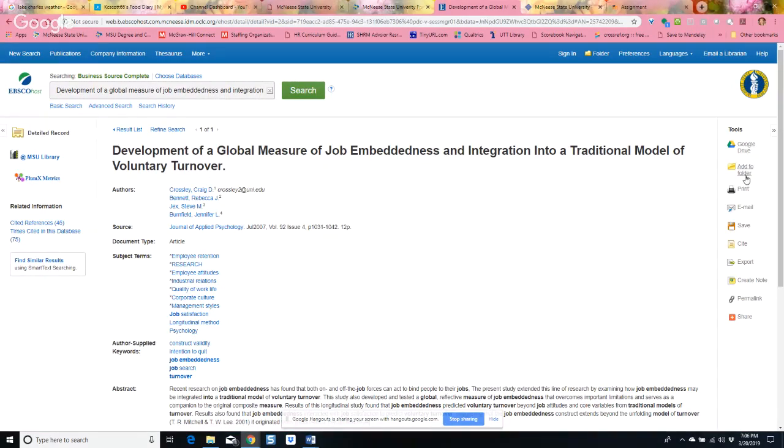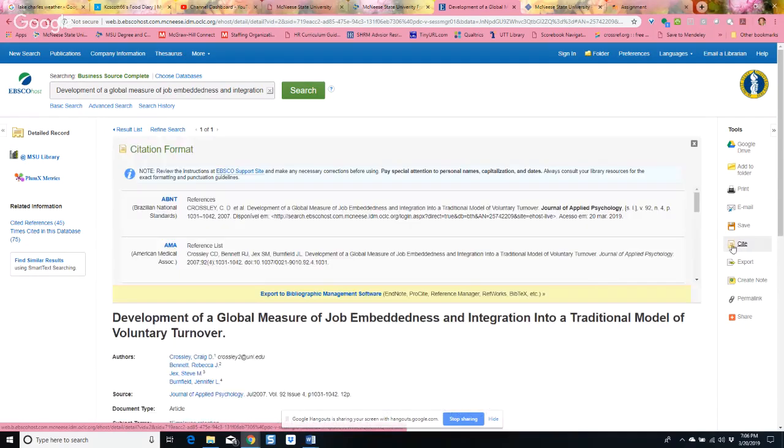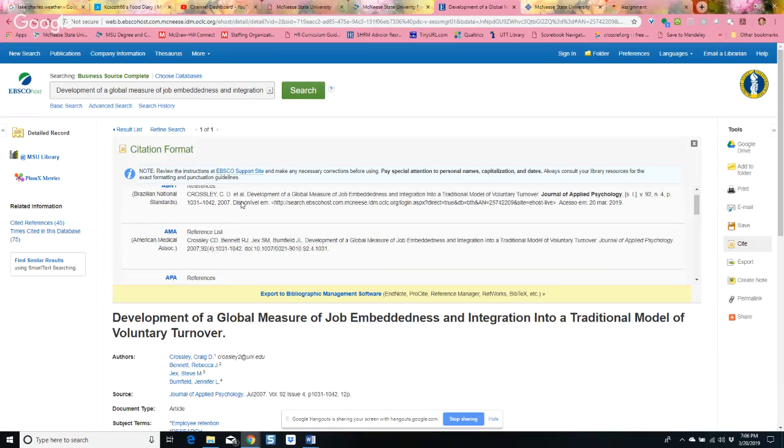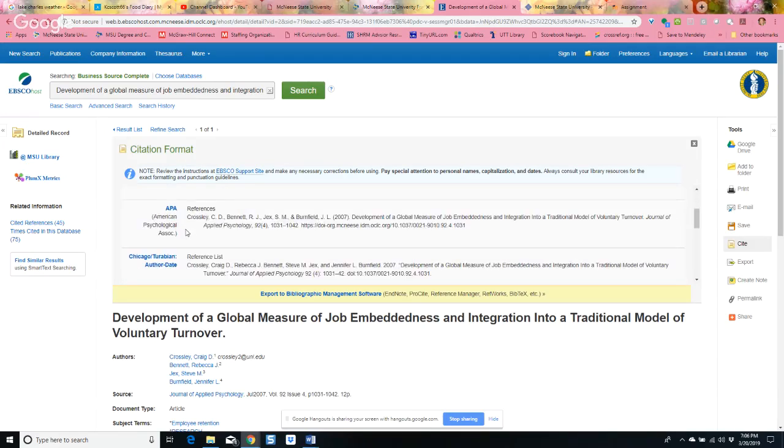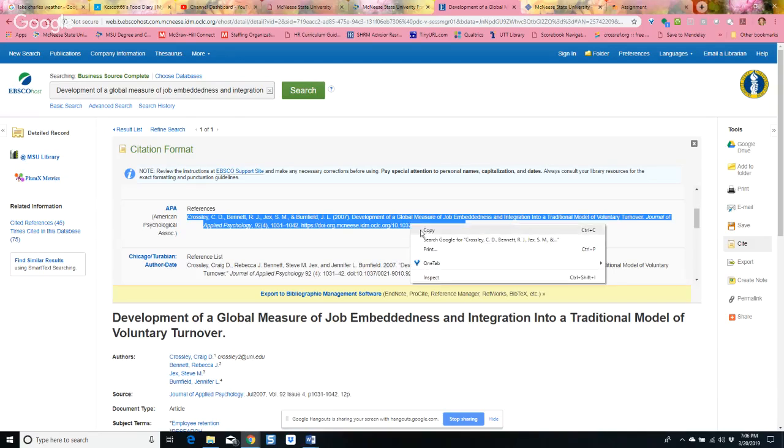I can go over here to Tools and I go Cite. And it gives me citation formats. ABNT, never heard of that one. AMA, APA, this is the one we'll use. And I'm going to grab this. A lot of my students just want to copy it. And then what they want to do,